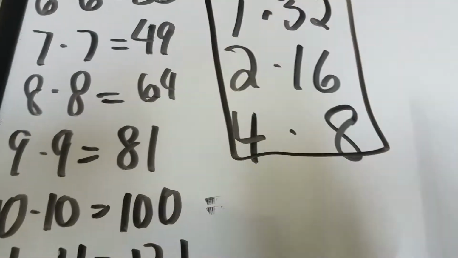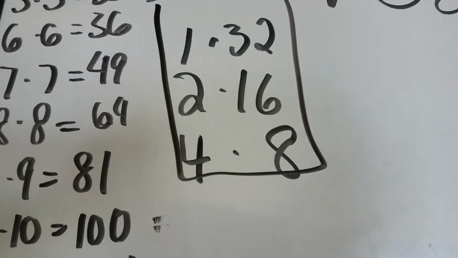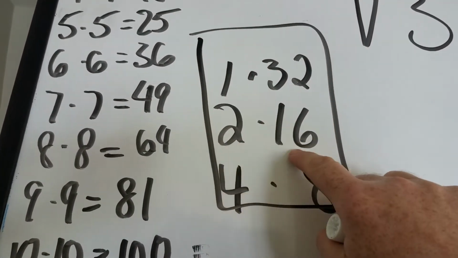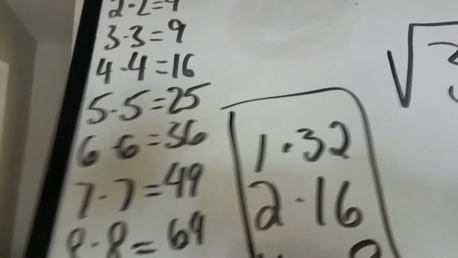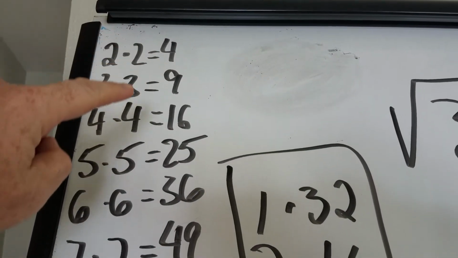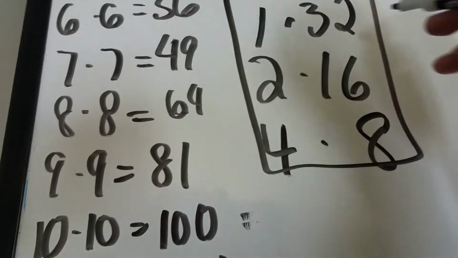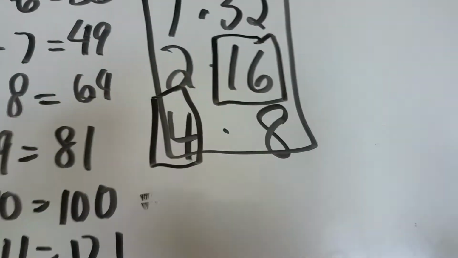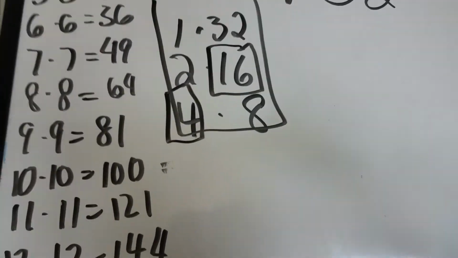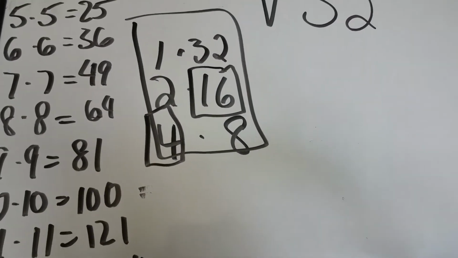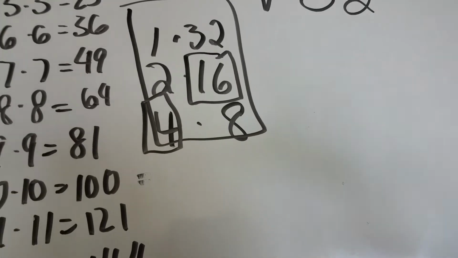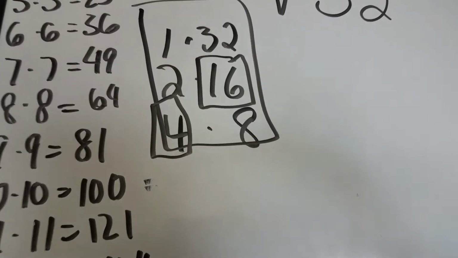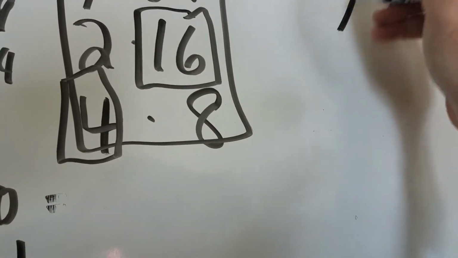So I put them in this giant rectangle, okay? And I sit there and go, which one of these numbers, 1, 32, 2, 16, 4, and 8 are perfect squares? Well, I can see a 4 and I see 16. So I'm going to put a square around 16, and I'm going to put a square around my 4. Okay, so now we sit there and go, which one of those numbers, the 4 or the 16, which are perfect squares, is the larger number? 4 or the 16? Well, hey, Mr. Geiger, it's the 16. So I'm going to write down right below this